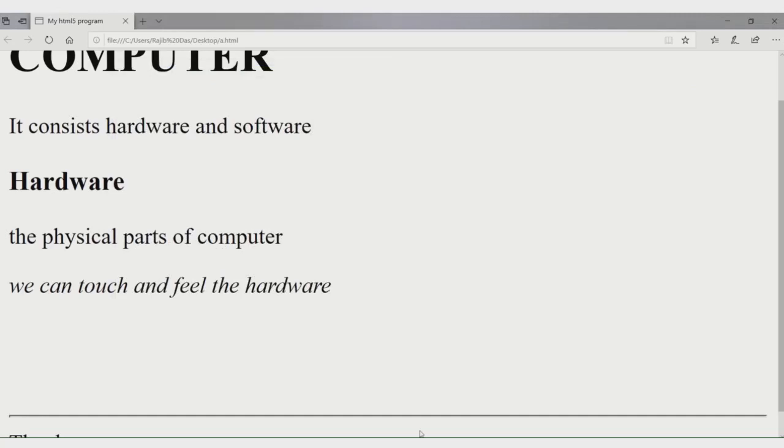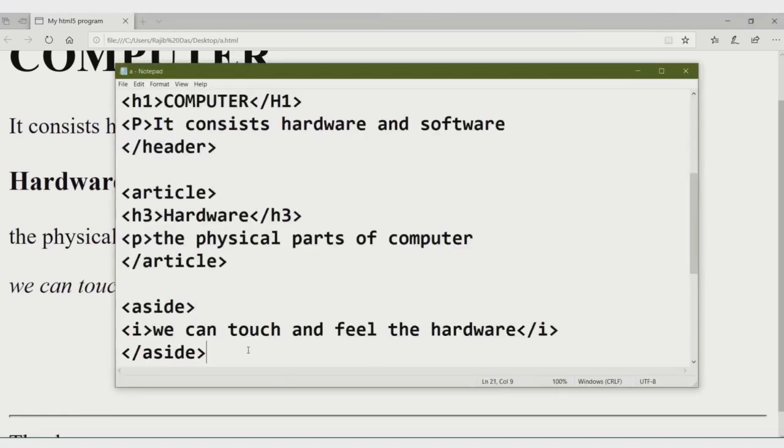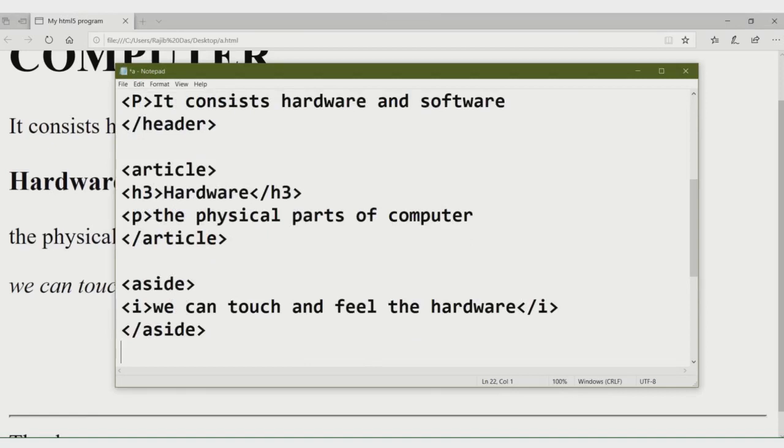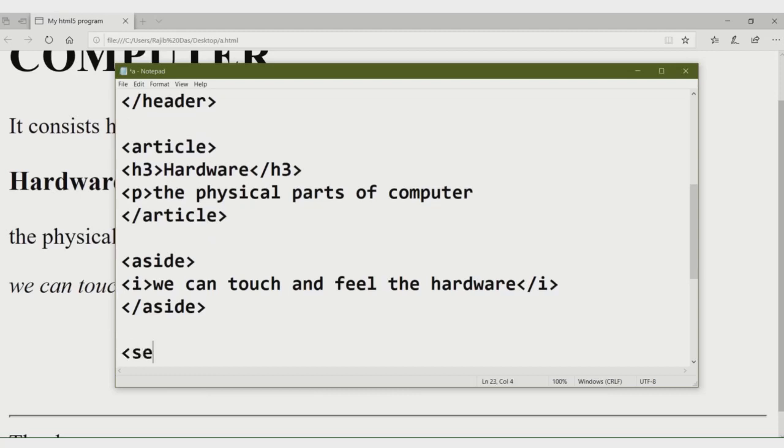So, this is the aside tag, and then go to the next tag, the section tag. This tag is used to define a section within an article. Okay, in this article, meaning this hardware portion, this is our article, and within this article you can define a section. So, section, then